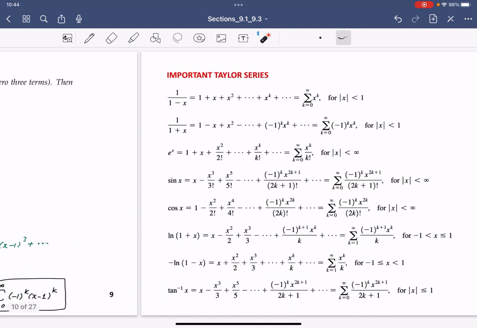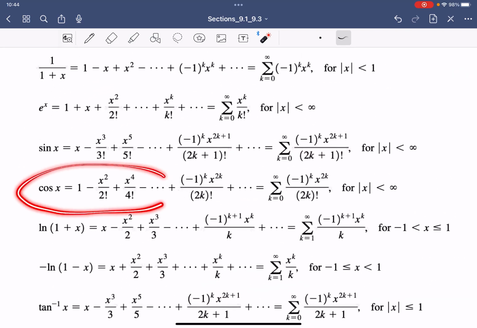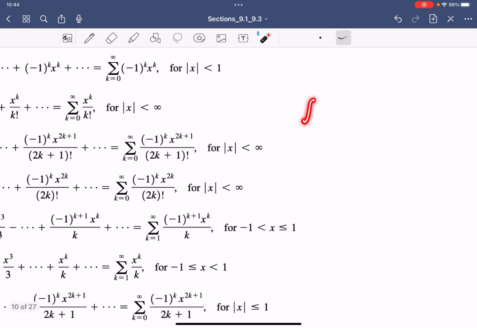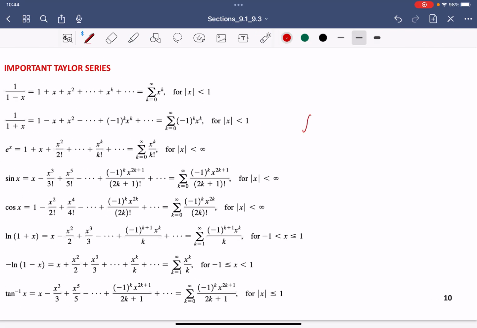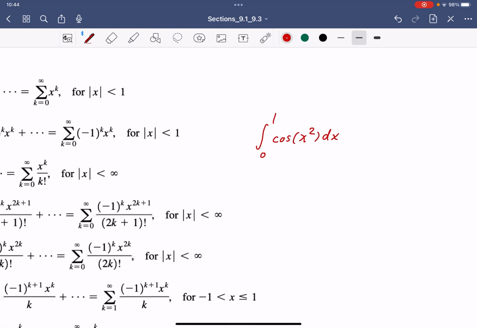And then once you get the Taylor series of cosine x in part A, I'm gonna say, okay, now you use the Taylor polynomial of cosine x up to degree 4. Up to degree 4 here. And then I ask you, what is the integral of cosine x squared dx from 0 to 1, something like that, and then you can find it. Because let's see, if you want to integrate cosine x squared dx from 0 to 1, what would you do? So you know that,